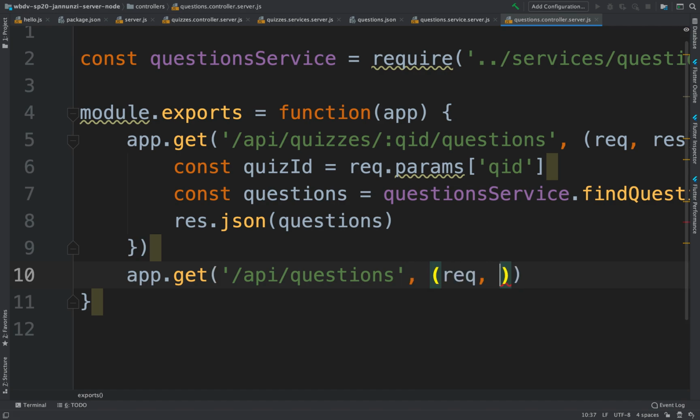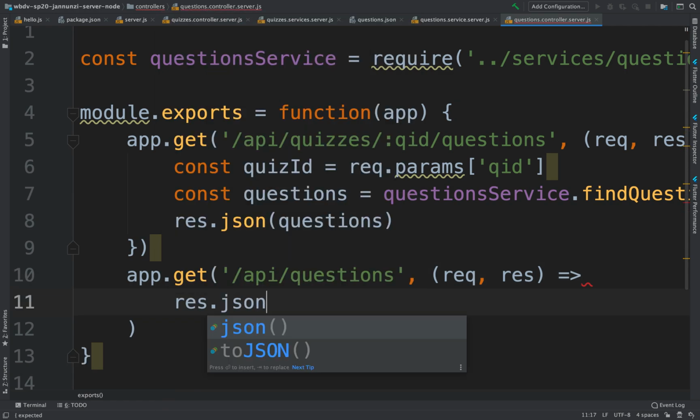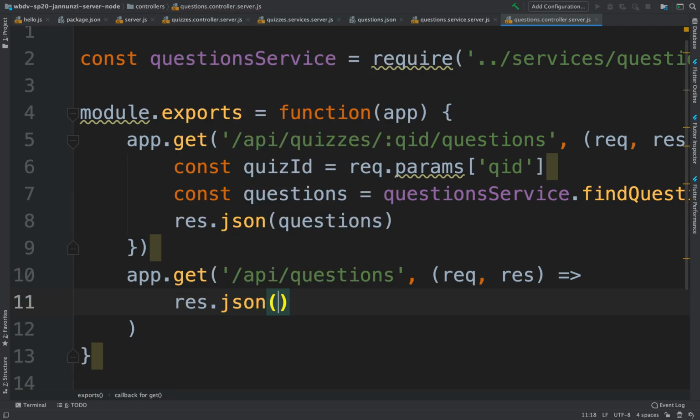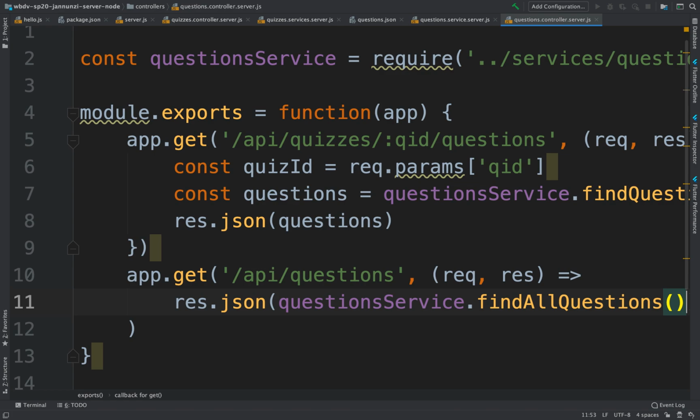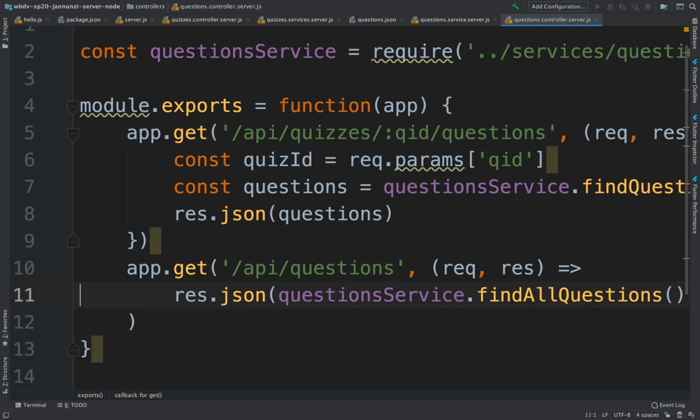So we have here the request, we have the response, and here what we're going to return is response.json. We're going to respond with whatever the service gives us, and if we find all the questions, there we go. And if I want a specific question,